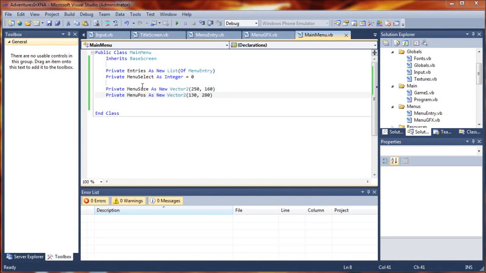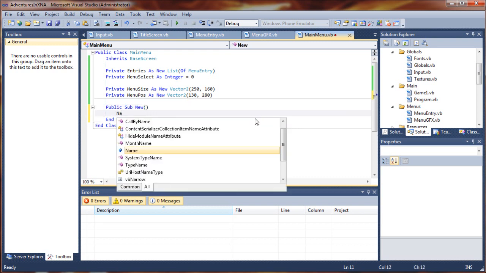Actually, you know, I take that back. We wouldn't actually have to get rid of these. If we wanted, we could specify new values for these variables in our new sub, and that would allow us control over those. But for now, we're going to keep it simple. We're just going to say public sub new,